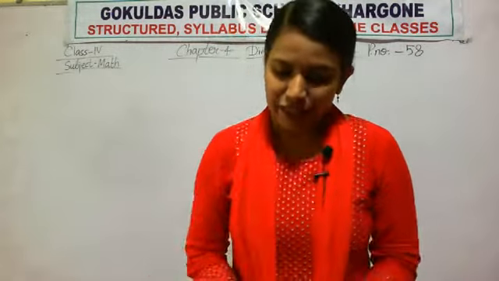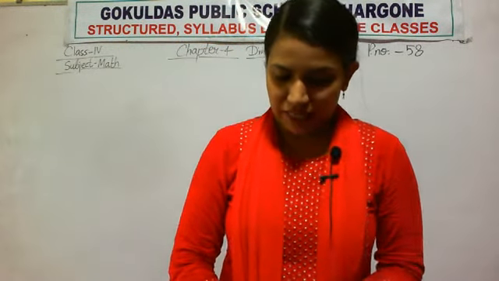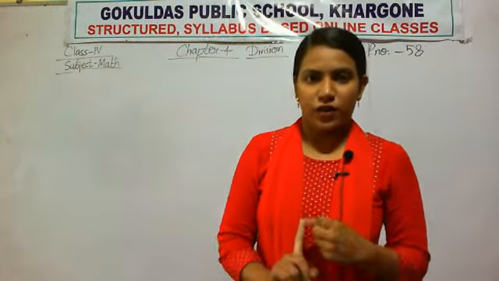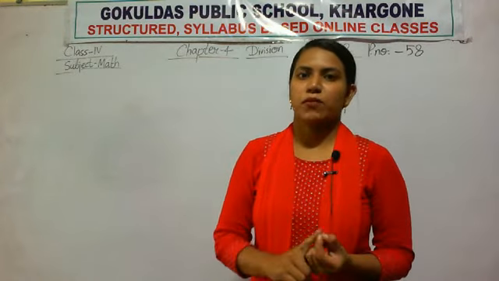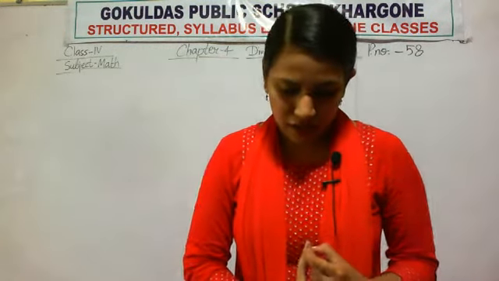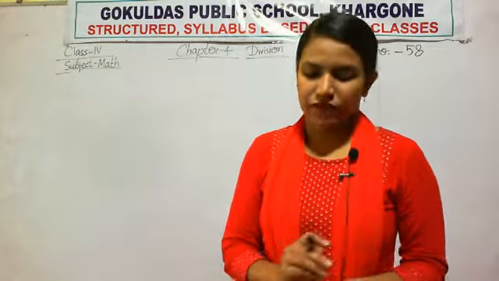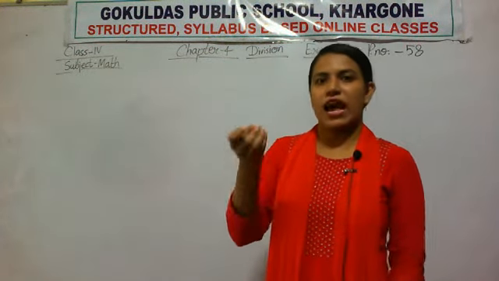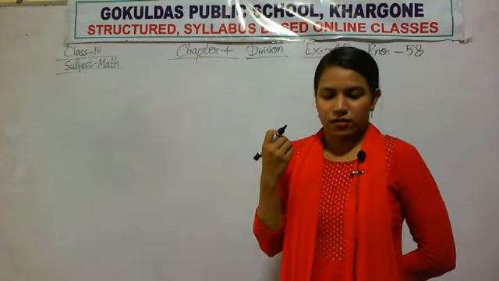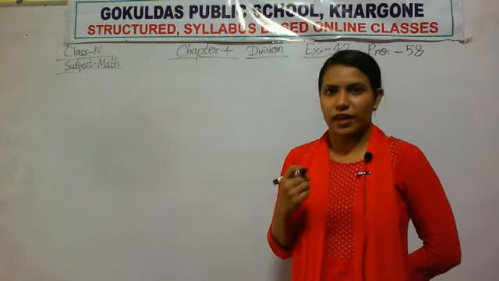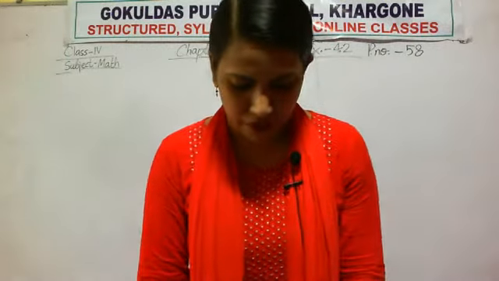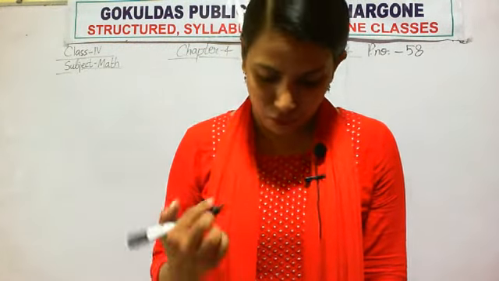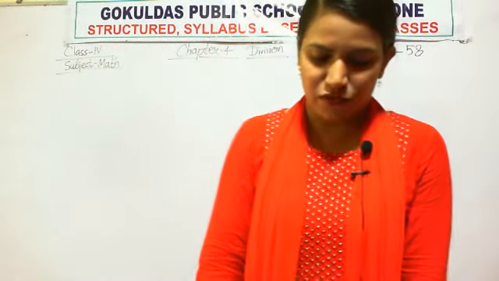We remember here data for more students is given and they are asking to find for one. So in such a case we perform the division operation. If the data for more number of people or things is given and they are asking for finding out the data for the one thing, for the same data, and they are asking for one thing, so in such cases we perform division.